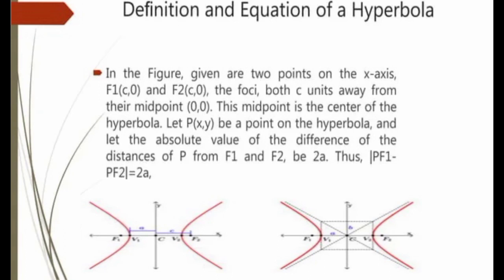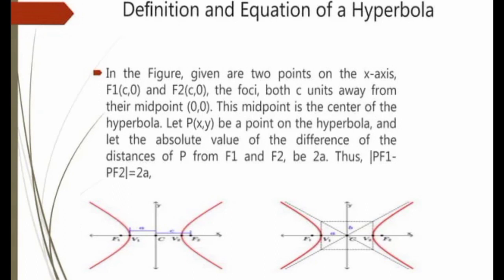In the figure, given are two points on the x-axis, focus 1 (-c, 0) and focus 2 (c, 0). The foci are both c units away from their midpoint, (0, 0). This midpoint is the center of the hyperbola. Let P(x, y) be a point on the hyperbola and let the absolute value of the difference of the distances